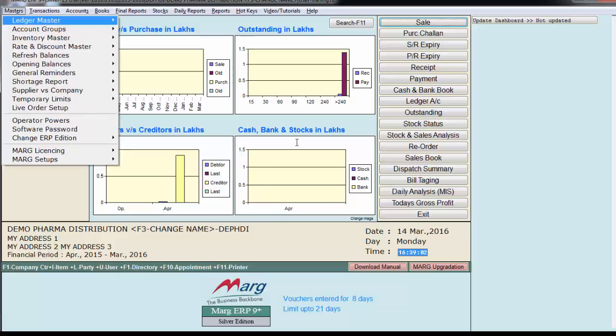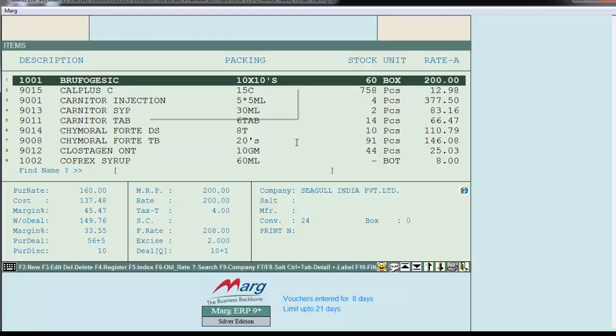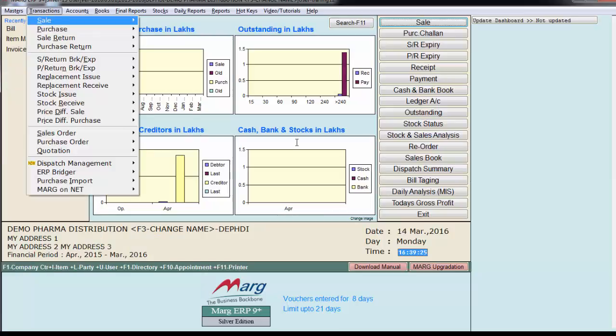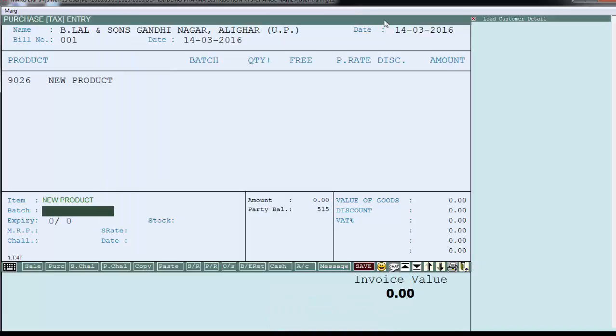Firstly, let's create a new product from item master. Press F2. We'll name the product New Product, and then we'll save it. And then we'll purchase this product. Then define the batch number, meaning in which batch we are purchasing this product. Suppose in batch 001